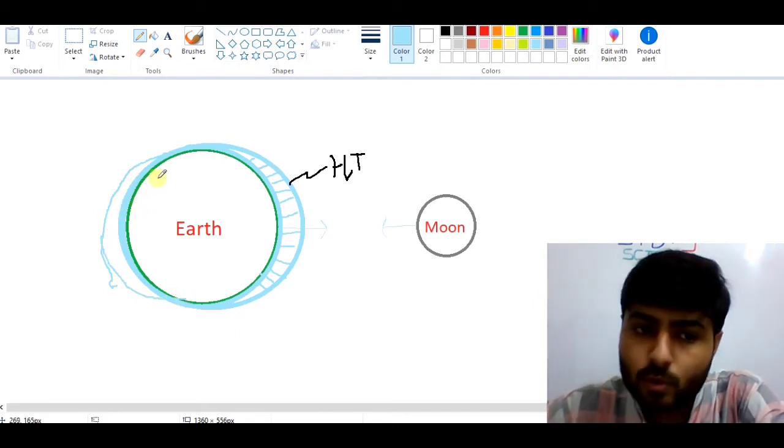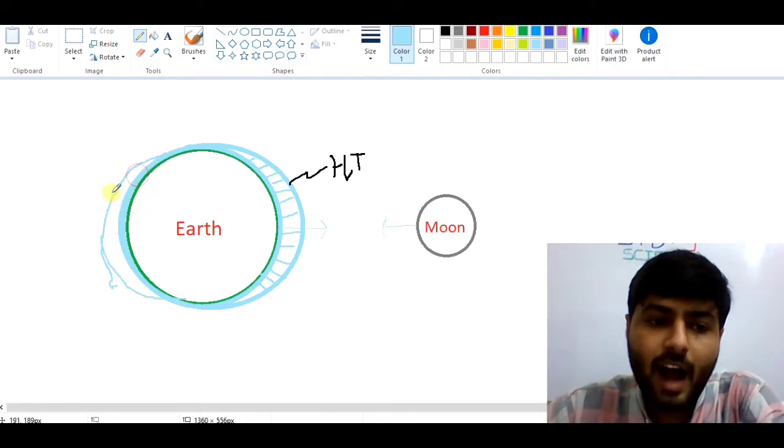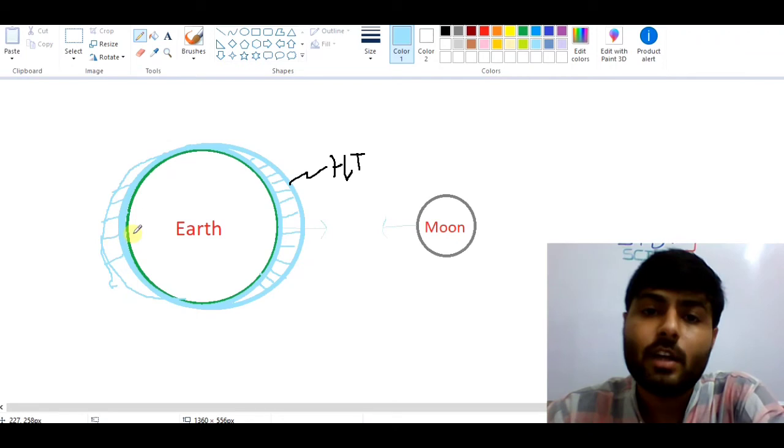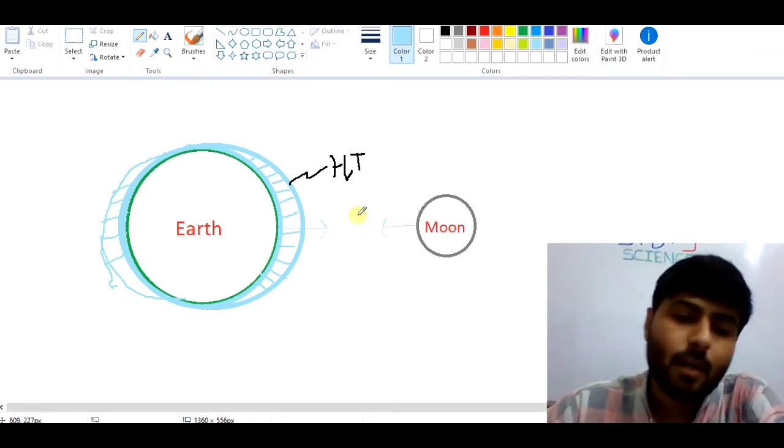So here also we have high tide, but the bulge at this side is comparatively lower,